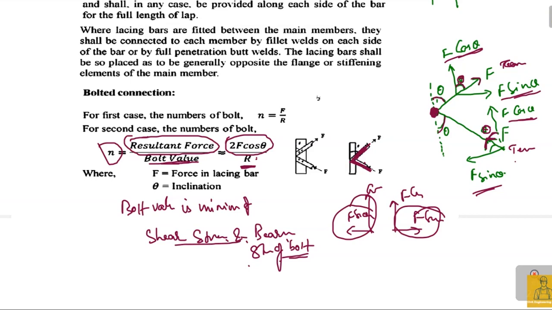The equations to calculate these are available from the code book, no problem. Of course, we are already used to these equations because we have used them in all the previous chapters. So put that R. So 2F cos theta is the total force coming onto this bolt, and R is the total strength of the bolt. The coming load divided by its own capacity will give you the number of bolts required. In most cases, one bolt is sufficient. You will get less than one bolt, point something in decimal. Of course, you can round it up to the highest number.